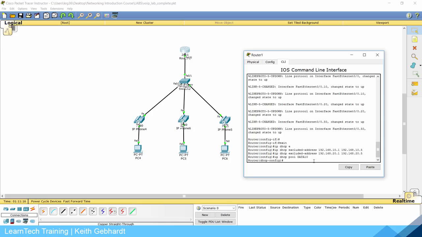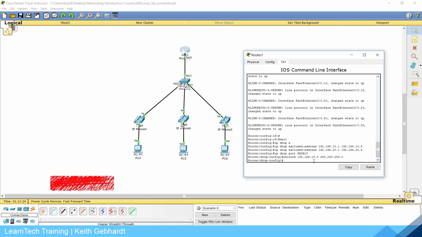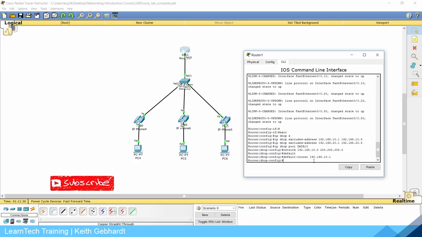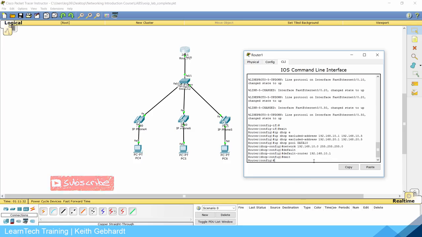And we need to set the network address, and for this one it's 192.168.10.0 with a class C subnet mask 255.255.255.0. And we also need to give it a default router. Now the default router is essentially the default gateway, so it's going to be 192.168.10.1, and that's good. Now we need to create the second DHCP pool for our voice network, so ip dhcp